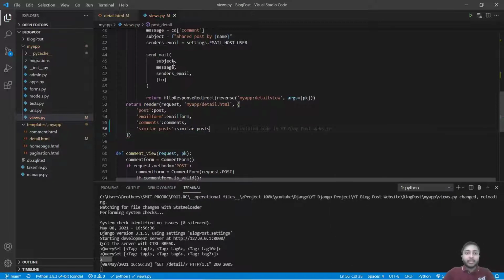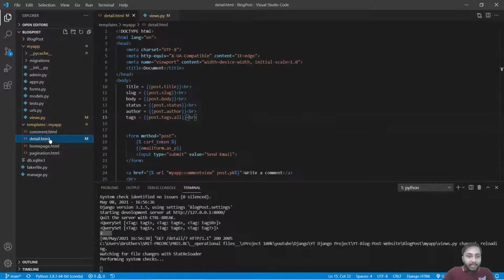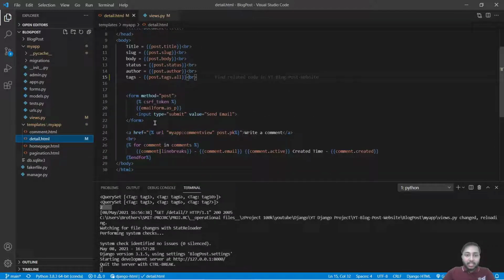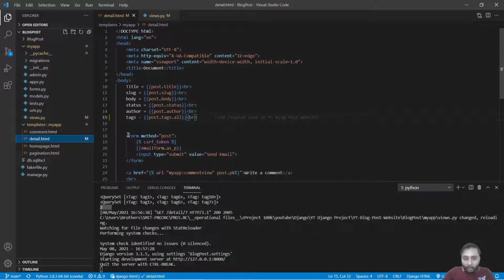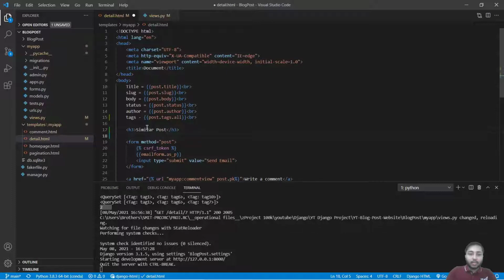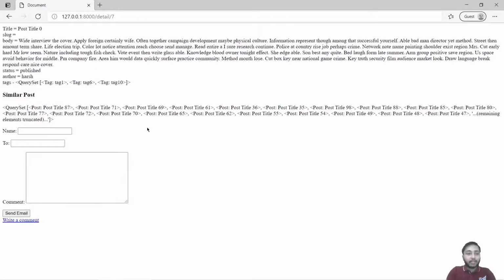Okay, now save this, get back inside the detail.html, and just before the comment form you will create an h3 tag. You will say h3, similar posts, slash h3, and right here I will just say similar posts. Okay, save, get back here, refresh.